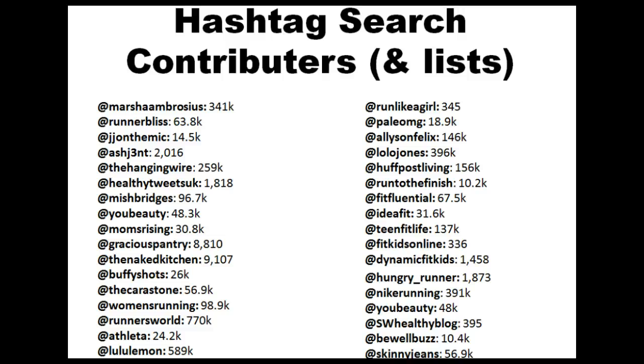This is all the people I found and chose to follow, from those previous hashtags that I went over with you. A couple of things I wanted to point out about how I decided to follow these: there's a lot of them here, and I did a lot of research. I decided to find the type of people who I thought would be interested in a blog like mine, or a community like mine. As you can see, a lot of these people have a lot of followers, and their communities are pretty large. Some of them have 341,000. All these people are interested in fitness and running and nutrition and health.